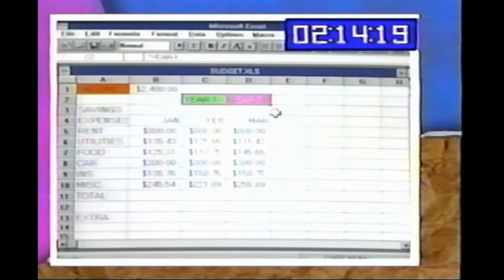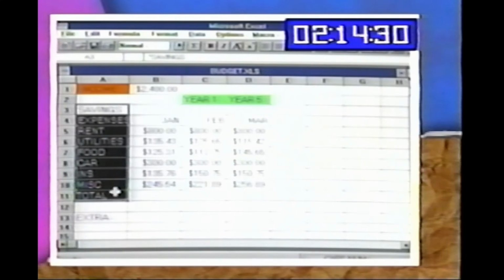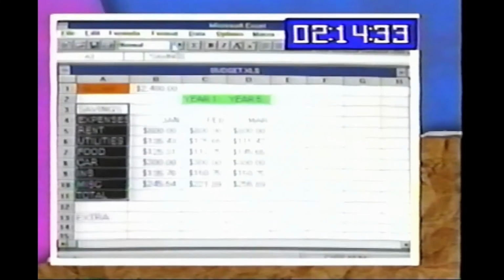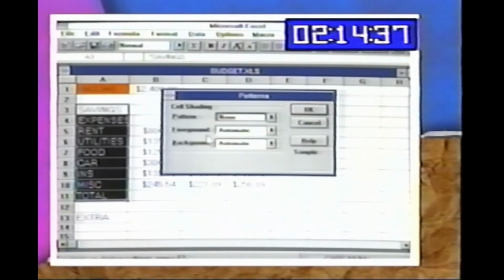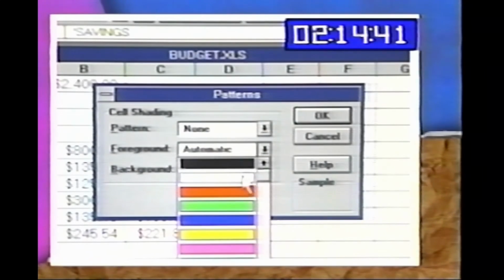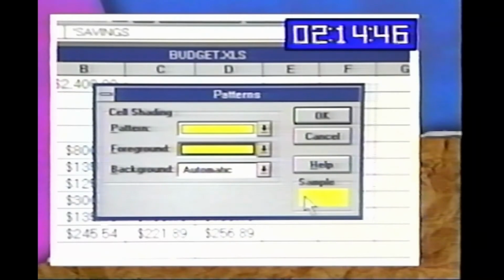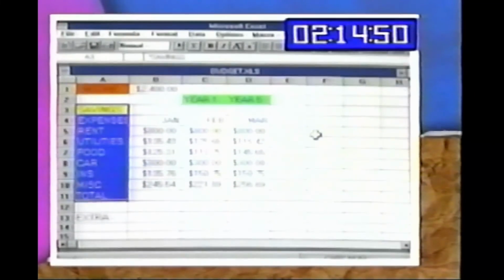And there we see something like a shade of purple. Well, that just means it's selected. You know that. And now we're going to color this entire column. Point and click and drag it all the way down. Release it, go back up to Format, point and click to open up the menu, point and click on Patterns. That foreground color, we're going to point and click on this down arrow and we see all these colors. How about if we make this one yellow? And there's our sample. Point and click on OK, and now they're all yellow,